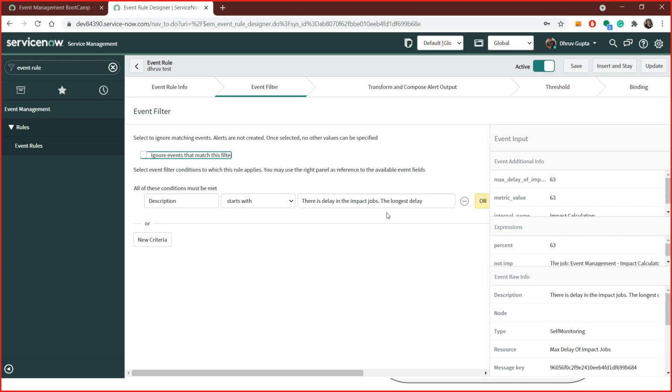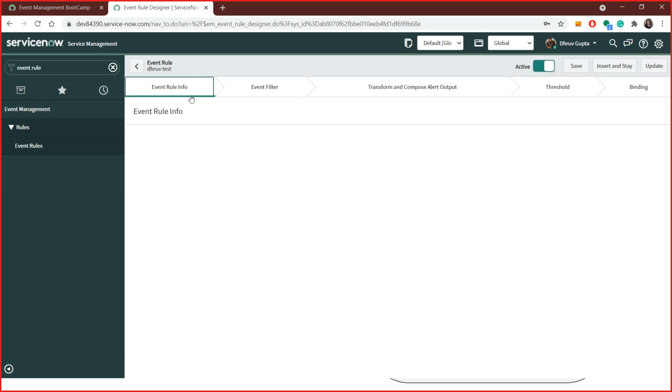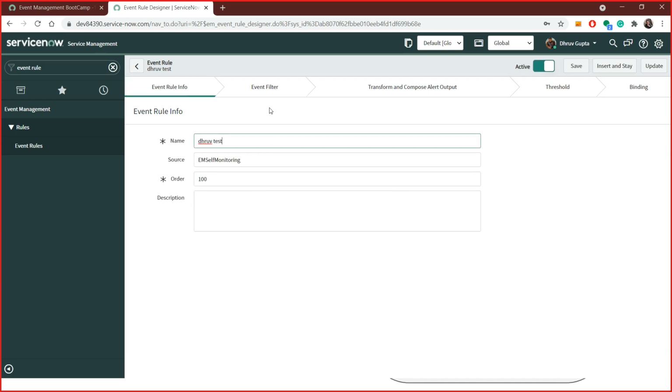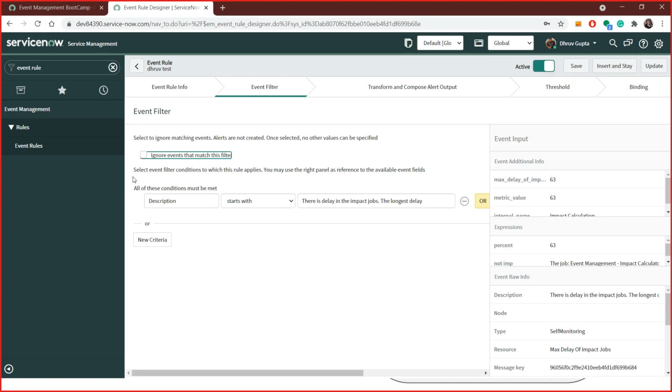As soon as it finds a match, that rule would be applied and everything else would be ignored. Only one rule will run against one event. So it's very important to set the condition and the order field correctly, so that your rule is getting applied. So you can put on the condition like this.